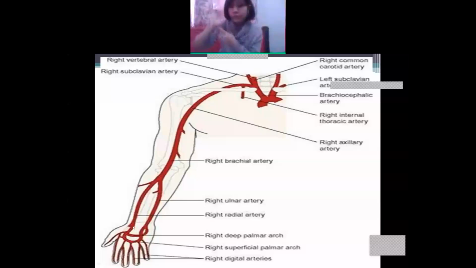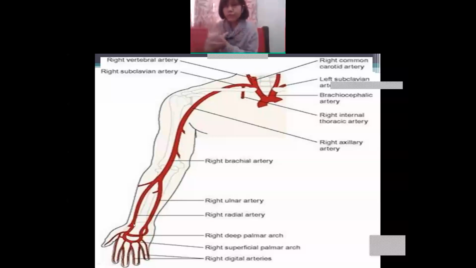And the radial artery again it will go and connect in your wrist portion. Means it will join like this, and again it will come in your wrist portion. After coming to the wrist portion, it comes to the palm of the hand, PALM, palm. This is known as palm of the hand.